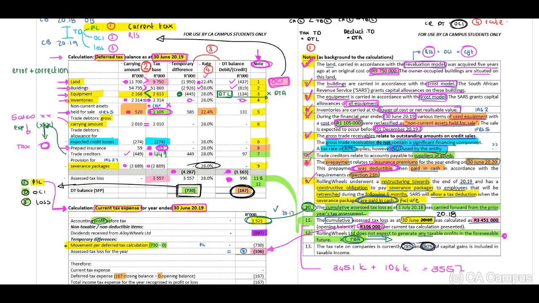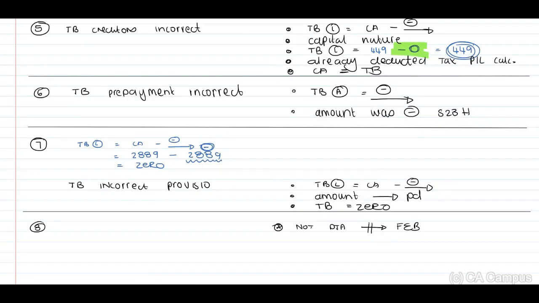Now when you look at the current tax expense, we have already indicated that the movement per the deferred tax calculation, guys, we do not agree with the fact that they have used the totals, the 730, because they need to split this. Therefore I'm going to include in my error, and I'm going to call this my error number 9, that the movement in terms of my temporary difference included in my current tax